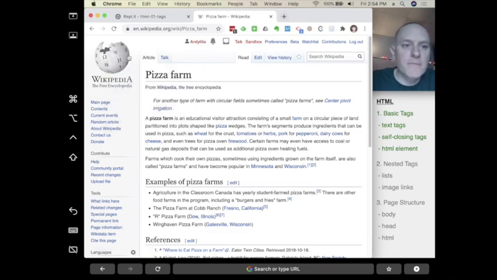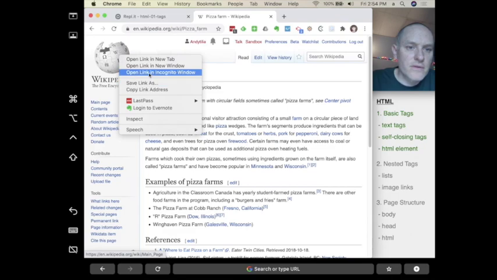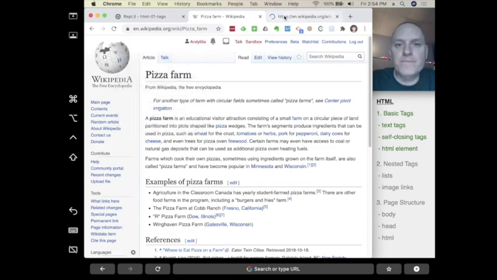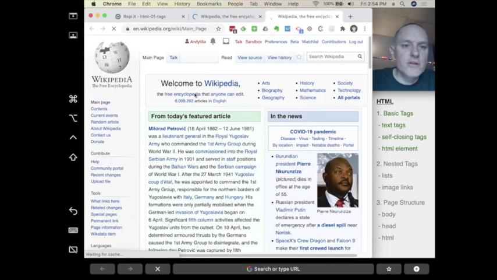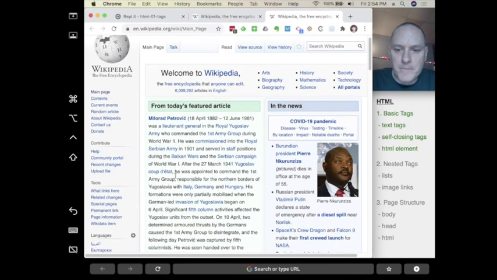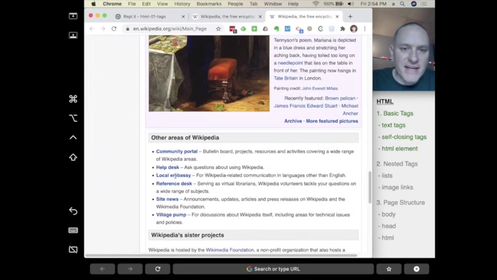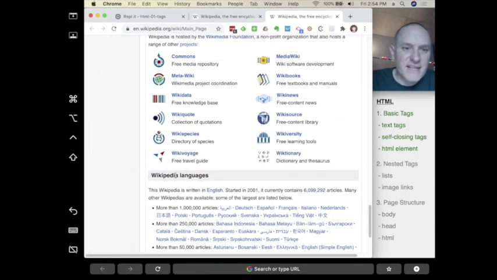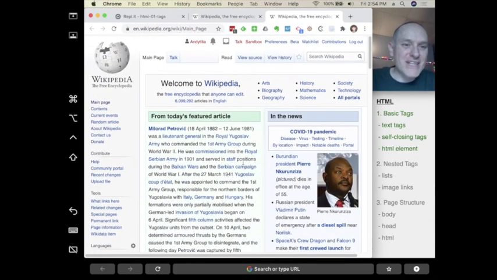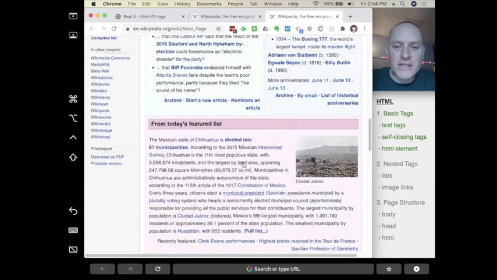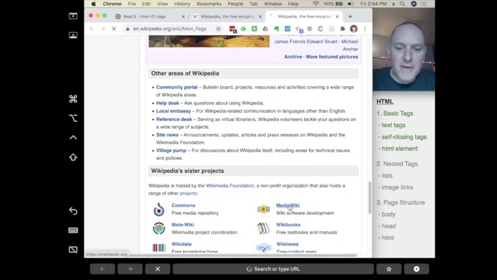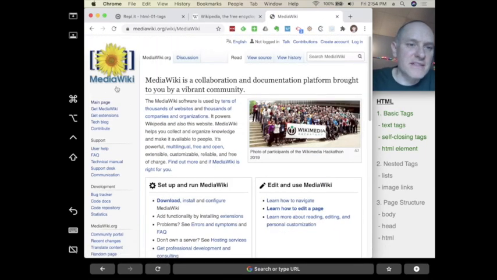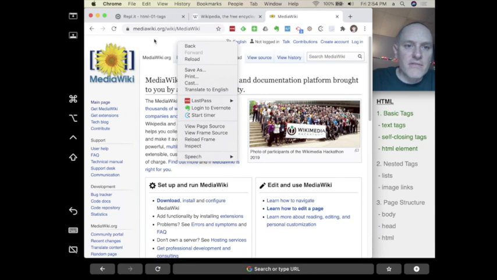Should have open link in new tab. Oh, these are all logos. I should have pulled my image out ahead of time. Okay, let's go into the MediaWiki website. We can get this beautiful little daisy, and what I'm going to do here is